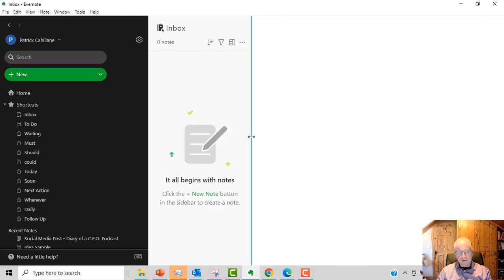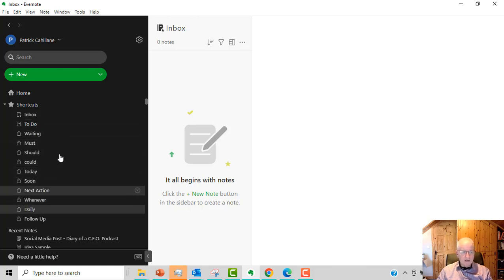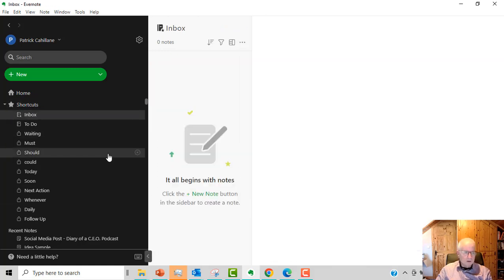But what's the point of all these filters? These are the filters and tags I use on a regular basis. You can create shortcuts. The shortcuts that I have primarily, you'll notice, if you look at the first two icons, they're a little bit different than the other ones, because they're notebooks, or as I like to refer to them, folders. So the inbox is primarily empty, there's nothing in there. That is a folder, or a notebook. My to-do, if I go into my to-do,